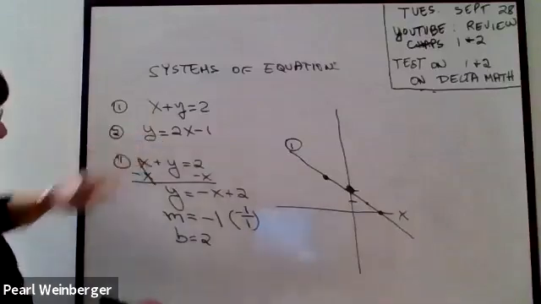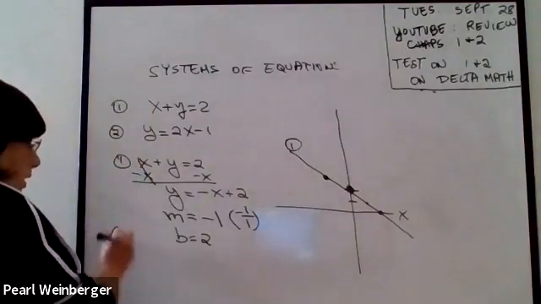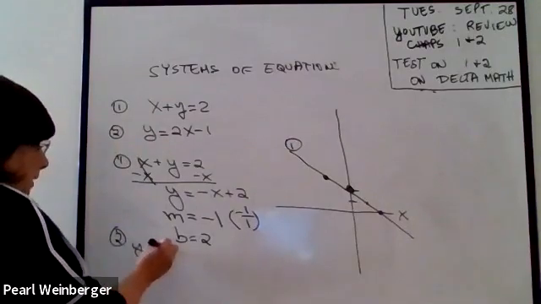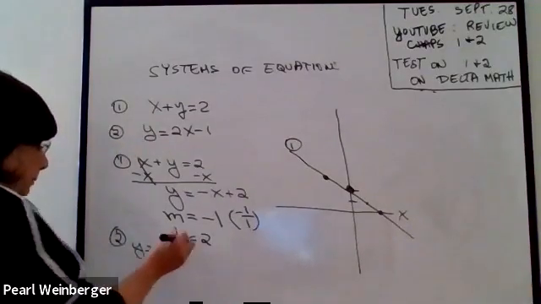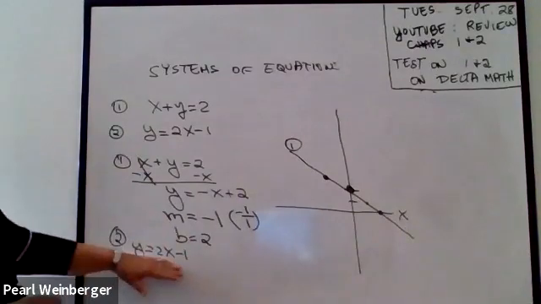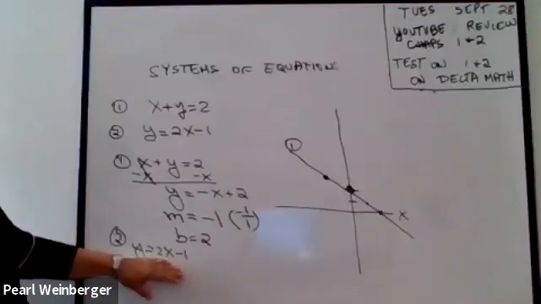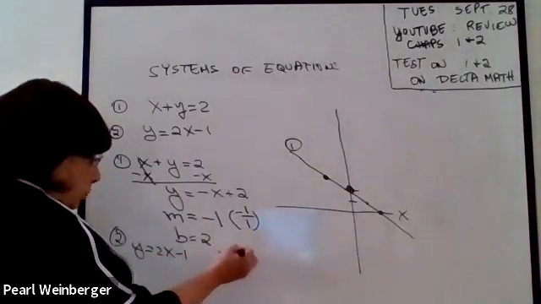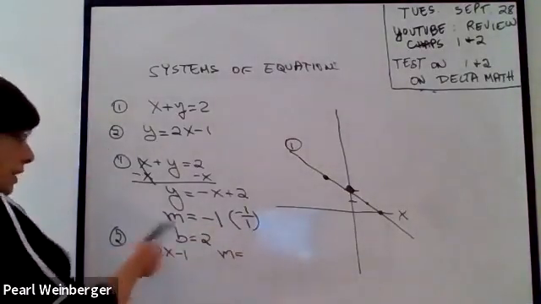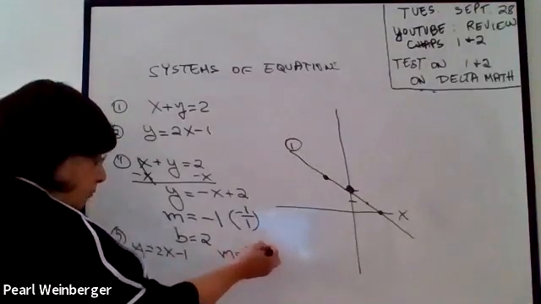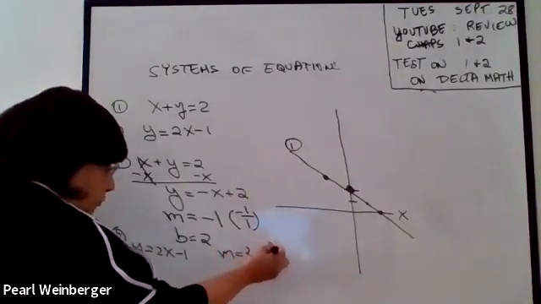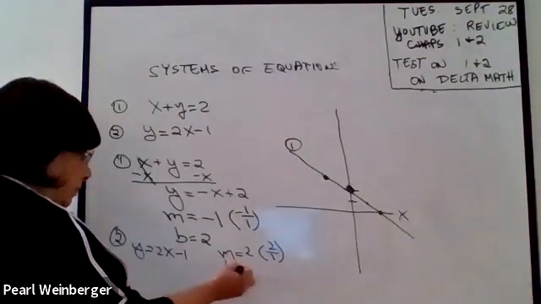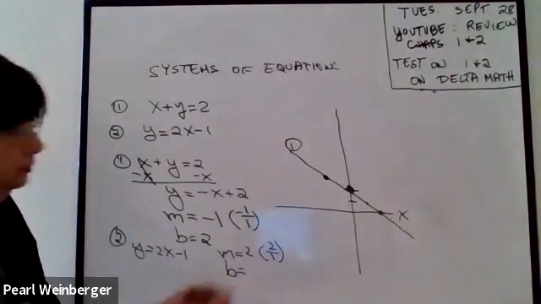Okay, now we want to look at our second line. Our y equals 2x minus 1. This is already in the y equals mx plus b form, so I don't have to do any work on it. I just have to state my slope, which is the number in front of the x, which is 2. Again, we write that as 2 over 1 because we'd like it to be a fraction. And the y-intercept, the b, is